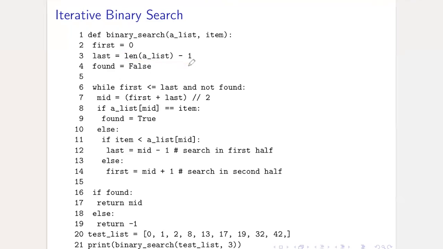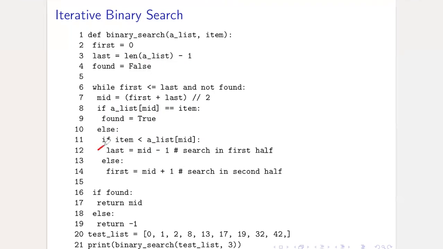Then once we get the midpoint, we check if the item is in that location. If it is not, and if the value of the item we are searching for is less than the value of the item stored at the midpoint, we move the search to the left-hand side, the first half. Otherwise, we move to the second half, which is the right-hand side. Okay, and then continue with the search